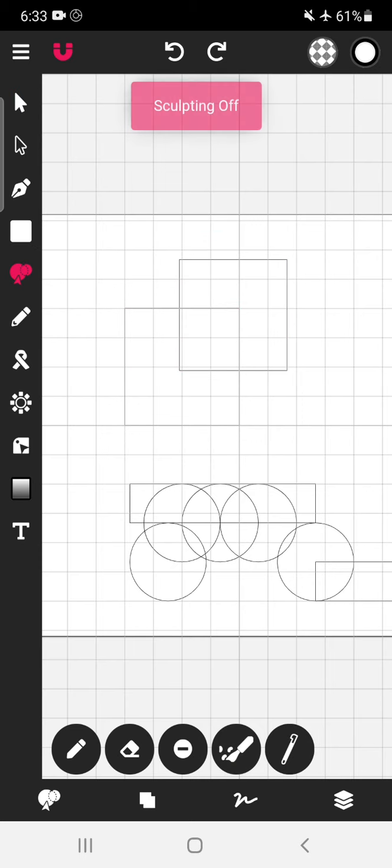So disable this, enable this. This is the join mode, this is erase mode. We use only these two, as well as if available we use this particular stylus. Okay, so we have selected these two squares. Now we want to cut out this area, so we will simply select this line join tool and drag on it.